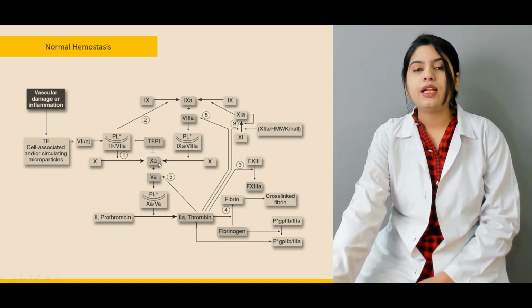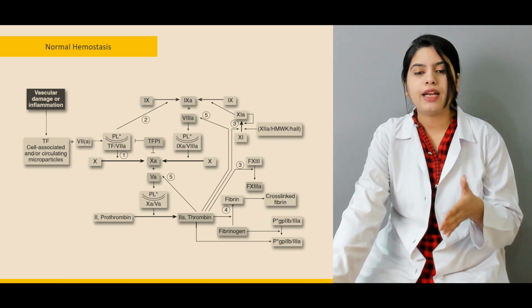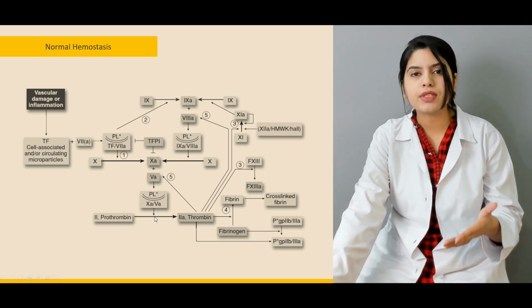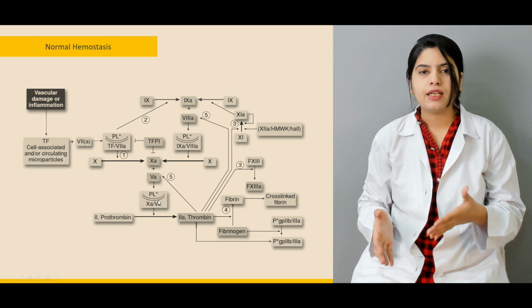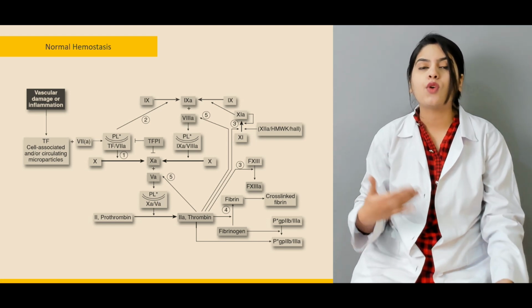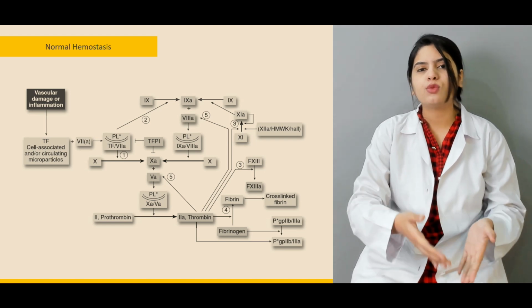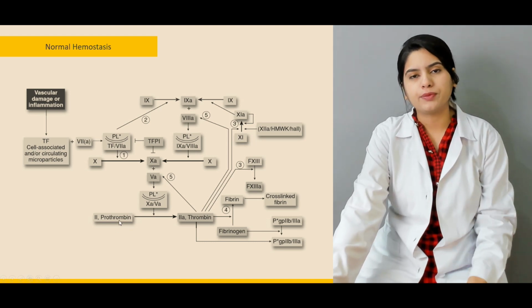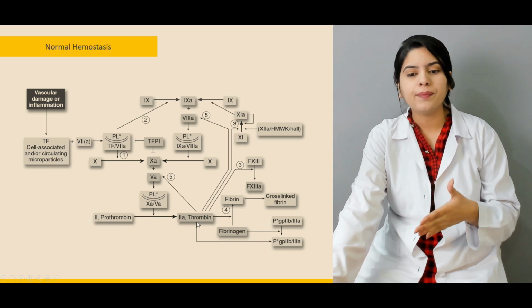Now, what will happen is that this 10A will combine with the factor 5A, and the 5A factor and 10A factor are then transferred to the phospholipid surface to form the third procoagulant complex. This third procoagulant complex will actually perform the main step, that is the conversion of prothrombin to thrombin. Here, the factor 2, that is prothrombin, will be converted to thrombin, factor 2A,